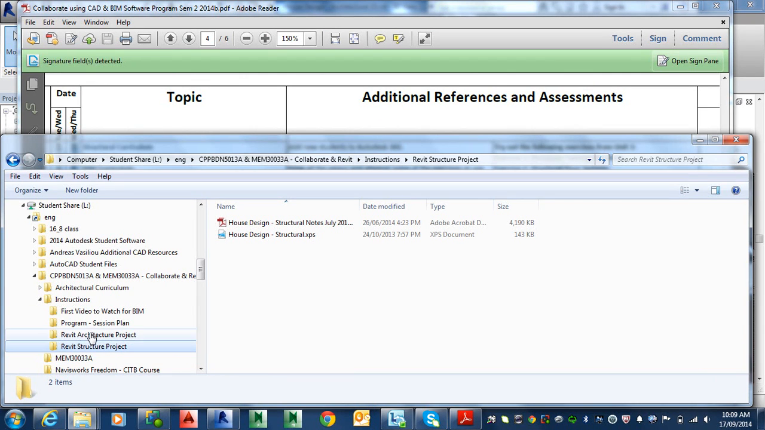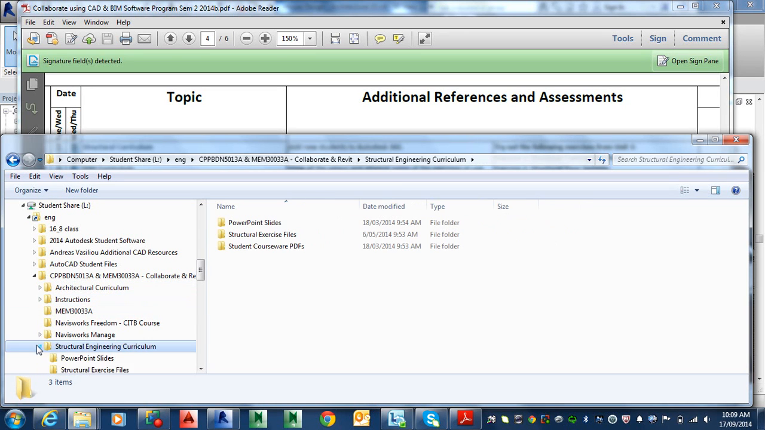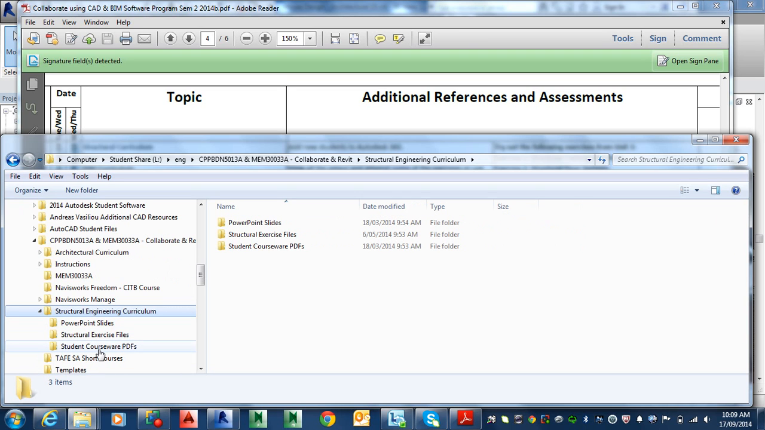Where are we? Oh, that's not there. Sorry. Not sure why they're not there. Where are they? Sorry, I'm in the instructions. Architectural curriculum, structural engineering curriculum. Sorry, should be structural engineering curriculum, and then